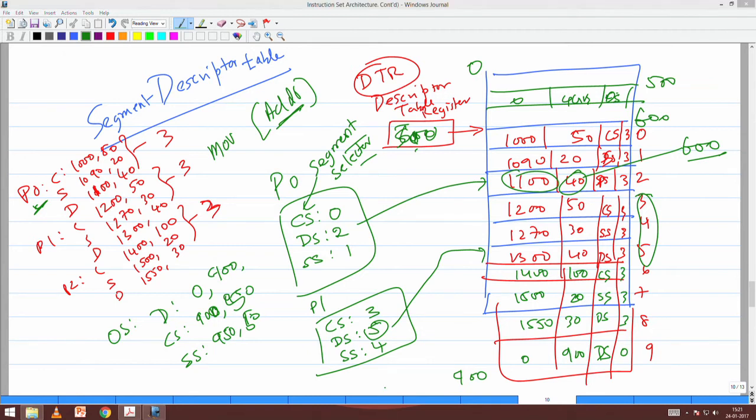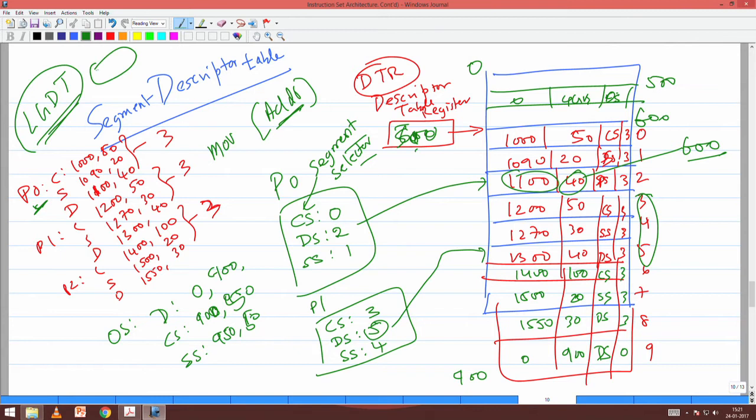So there is a command called LGDT, load global descriptor table register. This LGDT, you give some arguments to this. PK will teach this in great depth there, right. What will happen is, this LGDT will go and update this register. So initially I had this as 600, and from there this entire table was stored. For me to change it to 500, I have to execute a command called